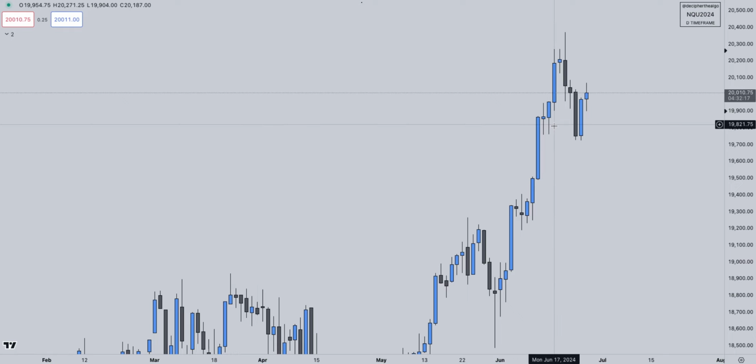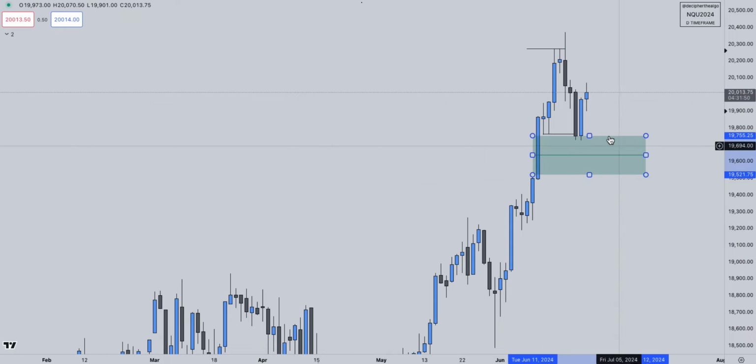Starting out with the daily chart, what I want to go over is just the last couple days, to build a context of what we were looking at. Heading into the week, we had this steep sell-off from last week. From there, the next logical target was going to be some form of internal range liquidity. So we had these relative equal lows marked out, which also overlap with this gap right here. So these are the few levels that we're looking at. I'll go ahead and throw this magnet on just to get everything all nice and tight.